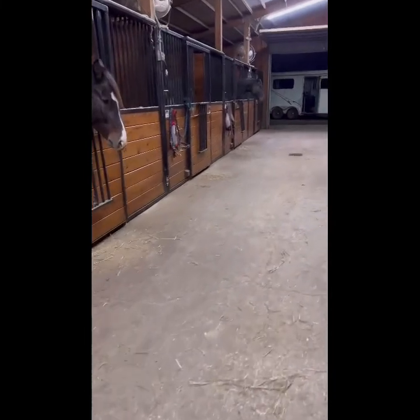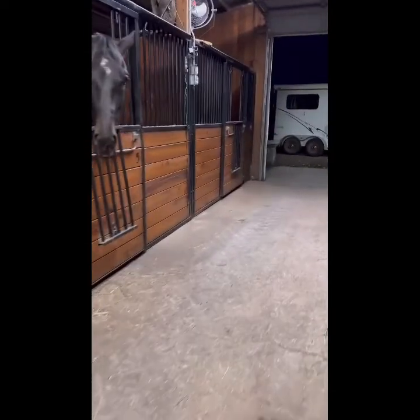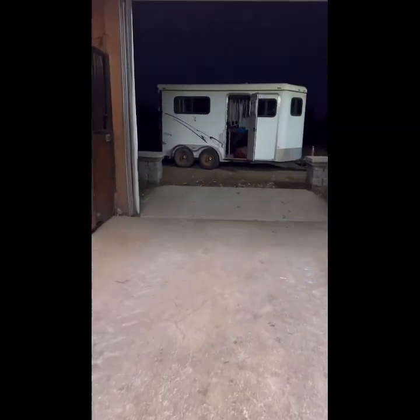I head out to the horse trailer with my tack, load that up. We have Romeo there, Harold's in the center. That's the guy I'm gonna take for a lesson. And there's Choco Man right there. He always wants to go. That's my other guy. He's so sweet. But I load up the horse trailer here, and then after that, since I'm already at the horse trailer,